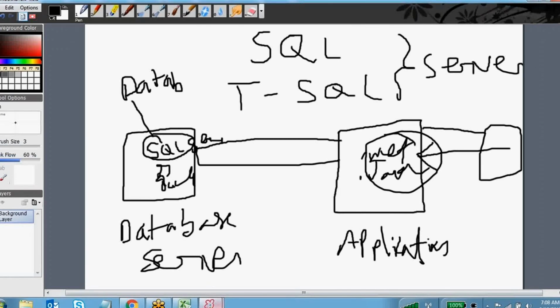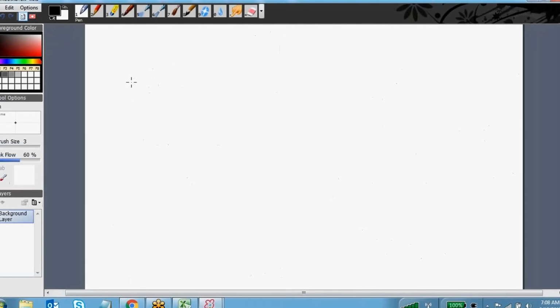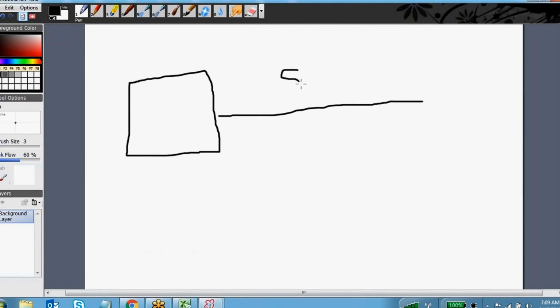In the same way, if you want to speak with the SQL Server, you have to speak in the SQL language. There is a separate language, that is the SQL language. If you are speaking in another language, it won't understand, because the SQL Server knows only SQL. So that is the reason, if you want to talk with the SQL Server, you have to learn this new language, Structured Query Language. What is SQL, Structured Query Language?